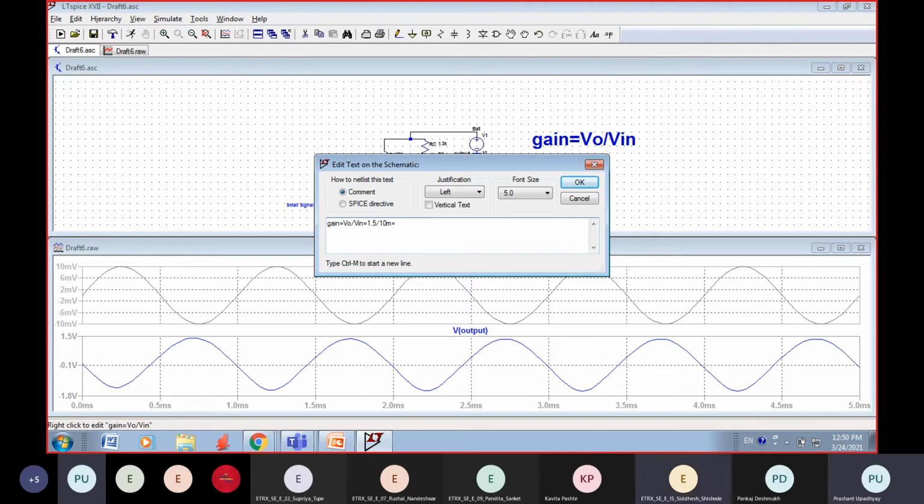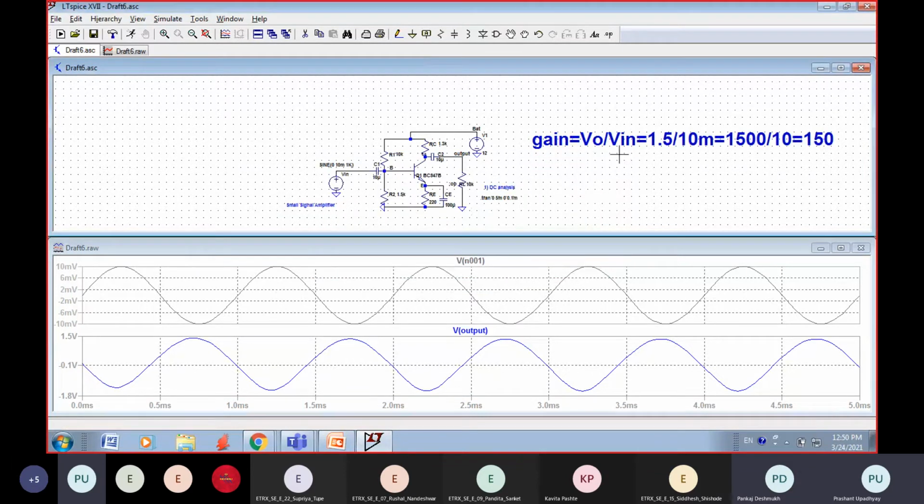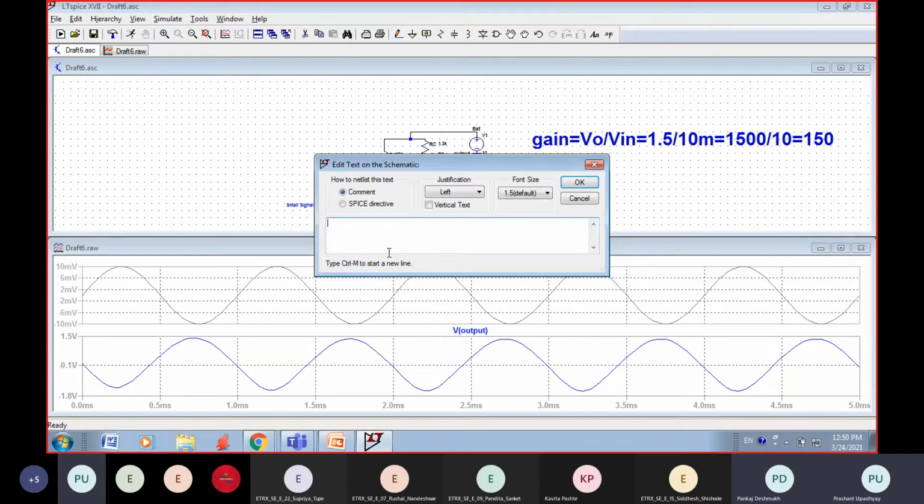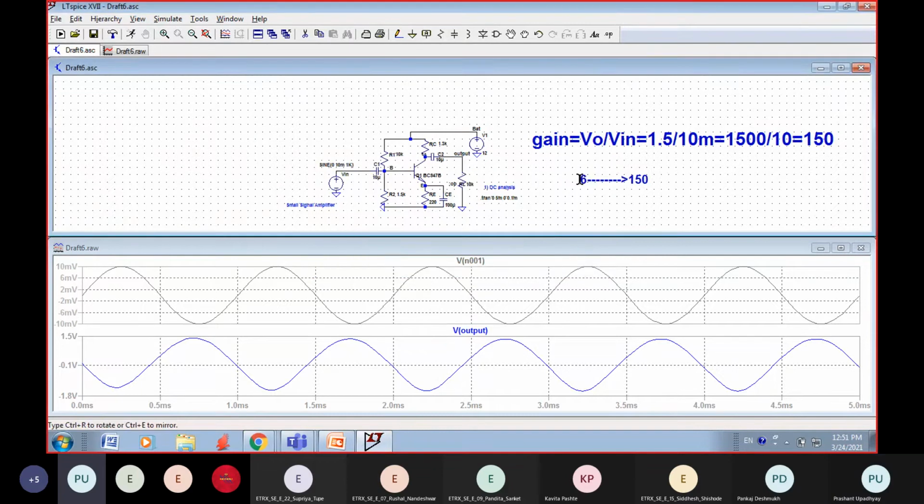So this would be equal to 150. 1500 divided by 10, that is equal to 150. So the gain from 6, it was 6, now it is 150. So it's an improvement.